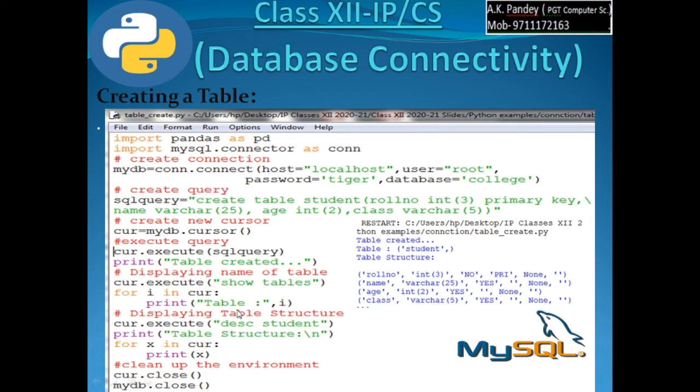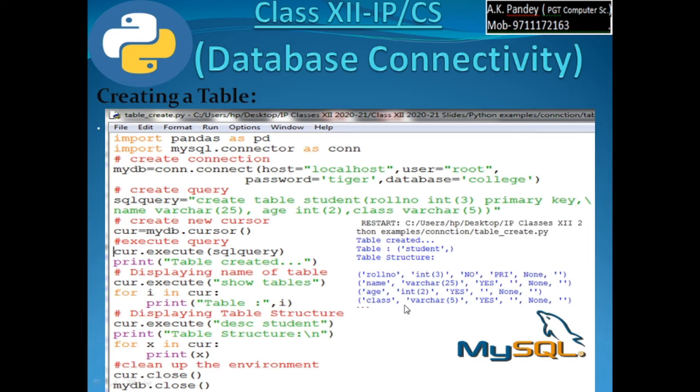All these details we have from the cursor object in Python. We have not gone to MySQL yet, and the details we are getting in Python itself from our MySQL.